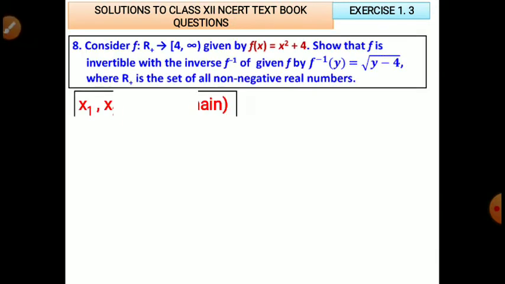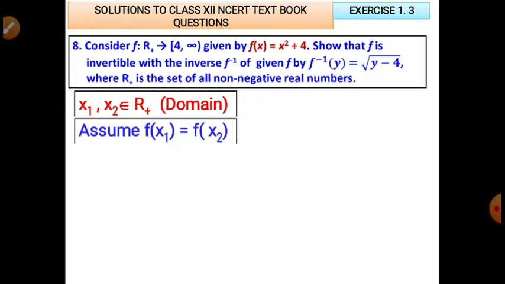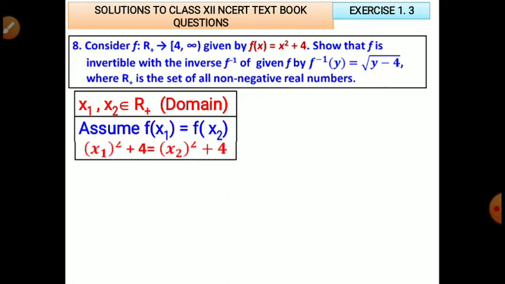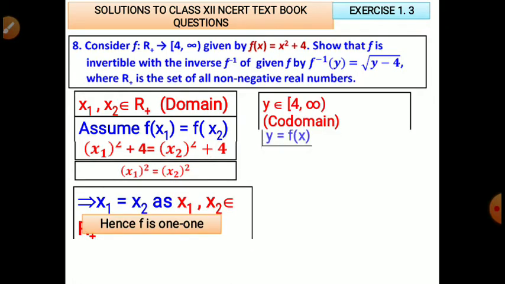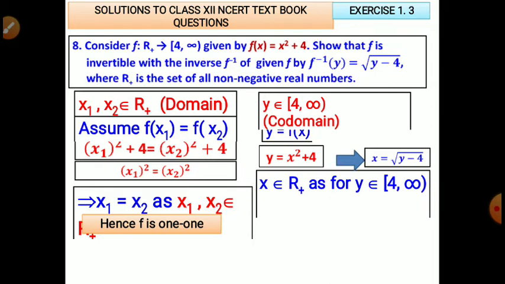Now let us go for the eighth problem. f of x is equal to x square plus 4. Show that f is invertible. Invertible is nothing but finding 1-1 and onto. In the same way, to prove onto, y is equal to x square plus 4. From this, to find the x value, take the 4 to the right side, y minus 4, and you will get x as under root of y minus 4. So simplification is given for any value.